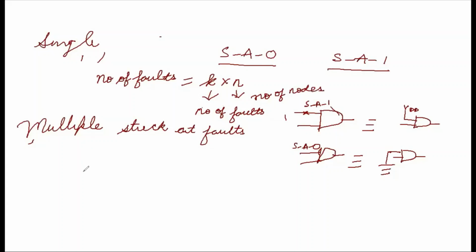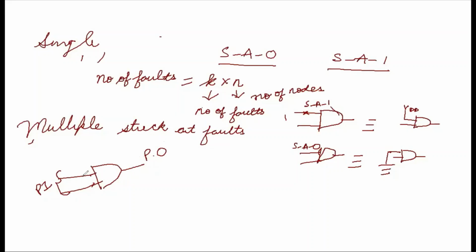Okay, so let's again take this simple gate. अब ये nodes क्या है, या इसको एनालाइज करने के लिए what are the points where we are going to consider. Now see this, it is a simple AND gate which is having two primary inputs. Any inputs which are coming externally are called the primary inputs, and any output which is leading to the outside world is called the primary output. Rest all will be the intermediate inputs or outputs. So in my case, I am having two inputs and one output.